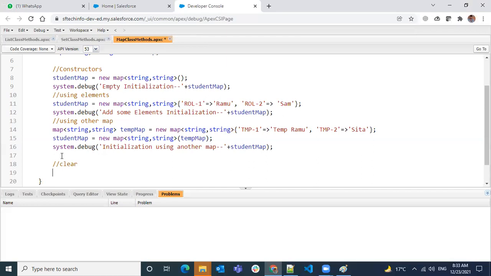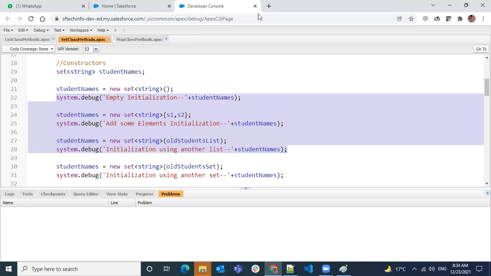Oh, Bala, quick question. Yeah, so if I were to have 30 values or 40 values in my map, wouldn't it become lengthy to write the key and the value? Yeah, obviously, even if you have a list or collection, when you're having 30 or 100 values, it's not the right way of initializing it.